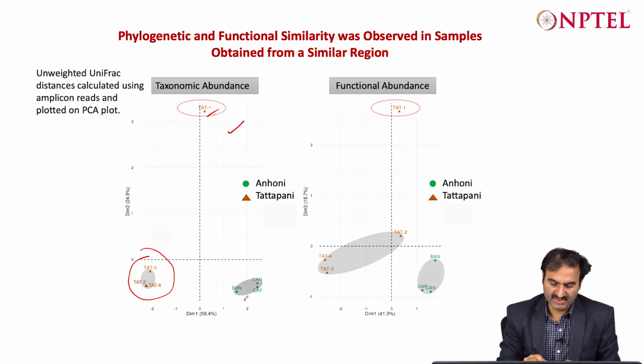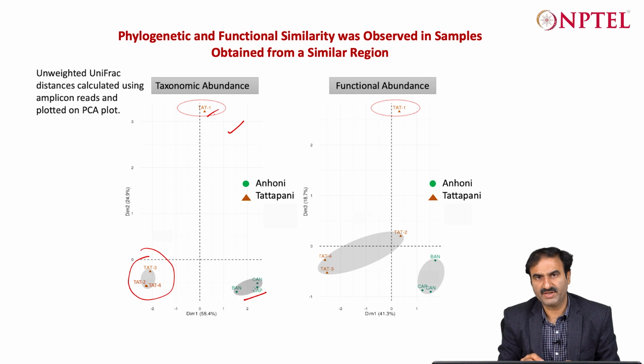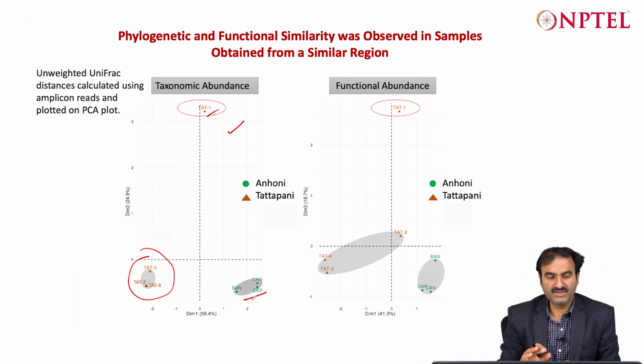The other three sites, Choti Anoni, Badi Anoni, and like these, cluster together. On the basis of unweighted UniFrac, that means all species were treated as similar and no weight was assigned, the samples were clustering on the basis of the communities,